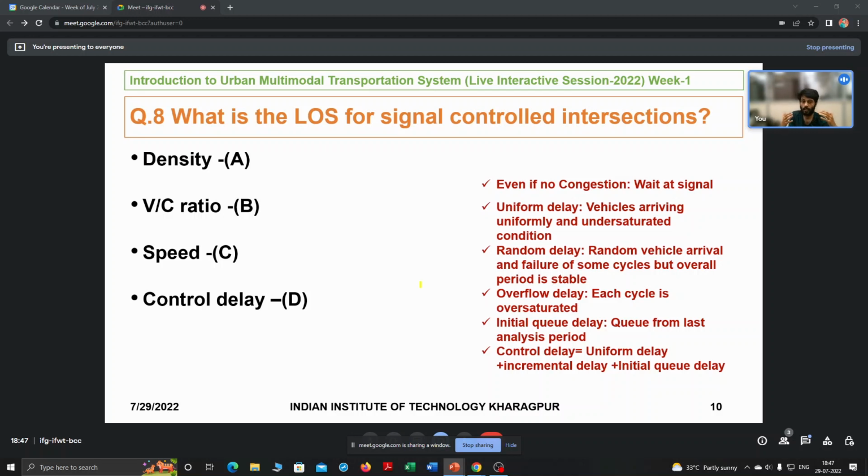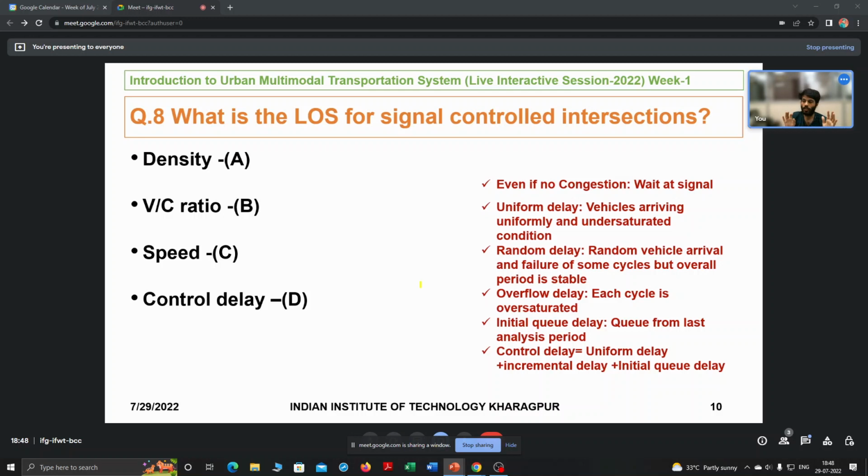Then what is initial Q delay? If you have two 15-minute analysis periods, so your total analysis period is half an hour, you divide it into 15 and 15. If after the 15-minute analysis period you have some vehicles that are left due to oversaturated conditions, right? For that 15-minute period, if your capacity is less than your demand, there will be some vehicles that are queued up into the next analysis period, in the first cycle of that analysis period. So to account for that delay, because this kind of scenario actually happens during peak hour,